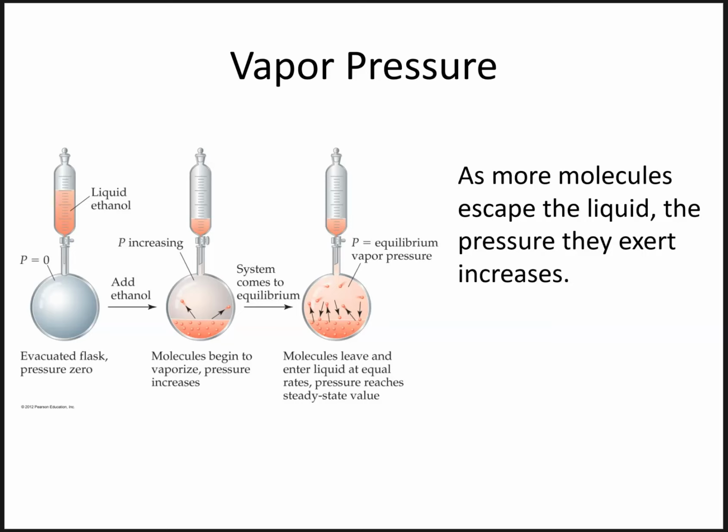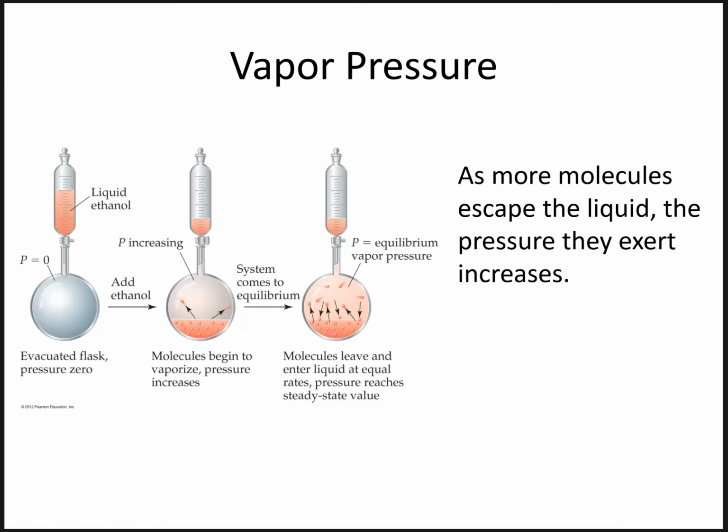If you've ever taken a water bottle and drunk some of it and then put it in the refrigerator, you find that it often forms droplets of water above the water level on the water bottle. This is also a reflection of water's vapor pressure. Water can escape into the gas phase without actually having to boil because some molecules are moving fast enough